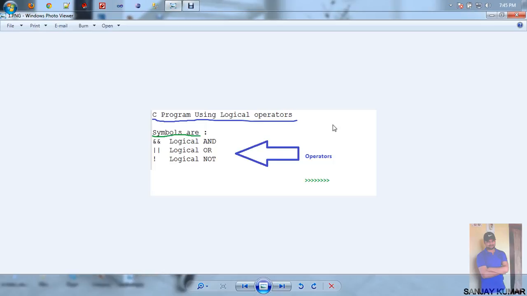In this tutorial we will see the use of logical operators in C programming. In the previous videos we have seen the use of arithmetic operators, relational operators and many more. Apart from those operators, in this tutorial we will learn about logical operators. As I have discussed in the previous videos, basically three types of operators we use in C programming. First one is logical AND, second one is logical OR, and third one is logical NOT. So how can we use them in our programming?